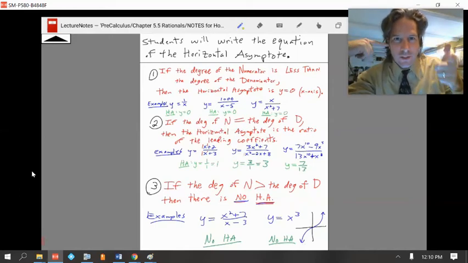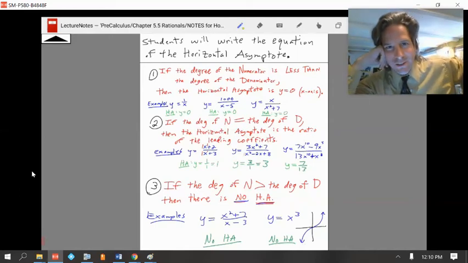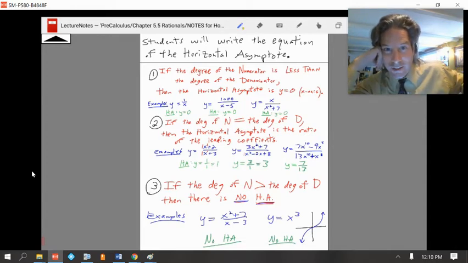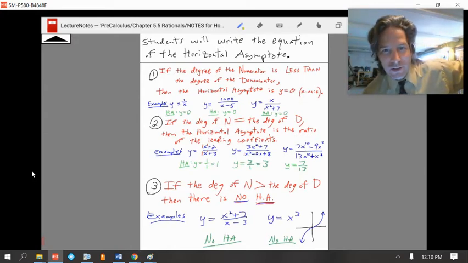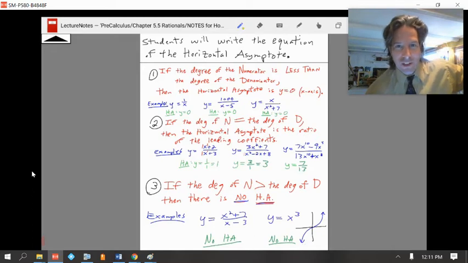Pre-calculus, horizontal asymptotes continued for the next few minutes. We just finished first and second period class, and these were the notes on finding horizontal asymptotes. You see our learning target for today is students will write the equation of the horizontal asymptote given a rational